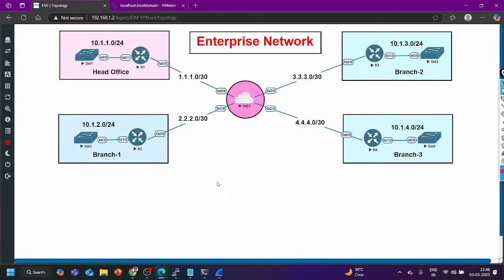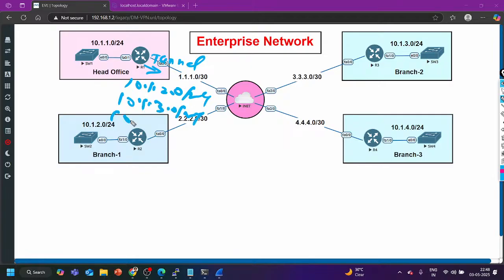I will perform the summarization on the hub router, because all the spokes have neighborship with the hub router only. So I am going to receive all the individual prefixes from all the spoke sites, and here I will perform the summarization while advertising. For an example, right now router 1 is advertising 3 subnets from the tunnel 1 interface. Tunnel 1 interface, one is 10.1.2.0/24,